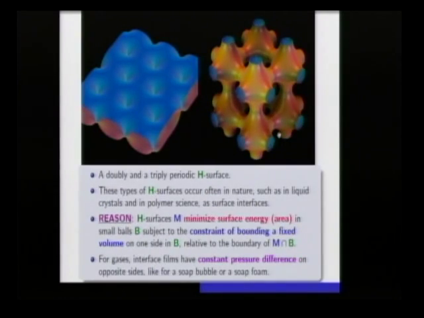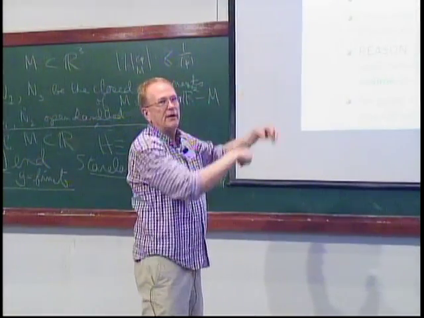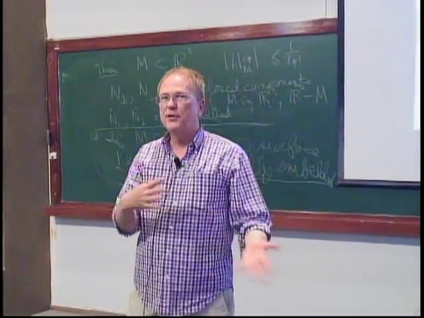Okay, so here's kind of a neat picture, and I'll talk a little bit about this blue surface, which is going to be kind of interesting to us. So this is doubly periodic. It means it's invariant under translation in two orthogonal directions, like under Z cross Z. So you have the surface in R3. It's basically made by taking two planes and then connecting them by catenoids. So imagine there's a top blue plane, a bottom red plane, and then in a periodic way you connect them by catenoids and then perturb it a little bit.